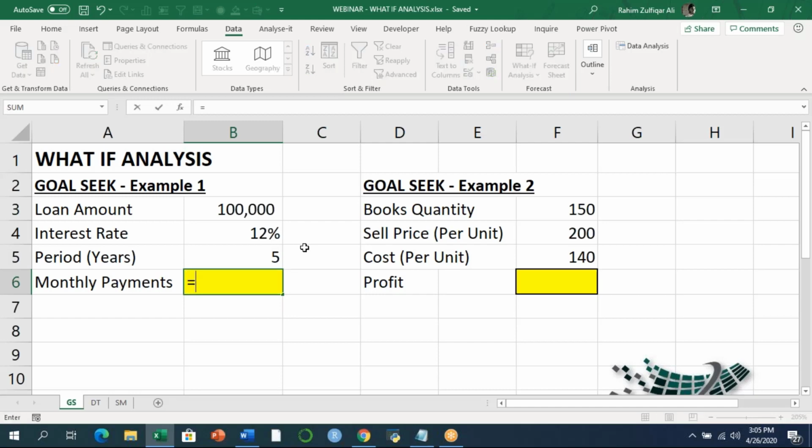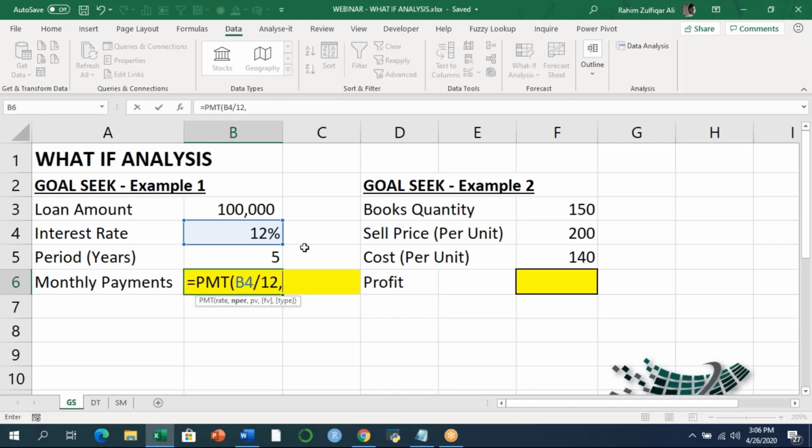For getting the monthly payments with an Excel function, we can use the PMT function, which returns the monthly payments. If you look at the function syntax and the arguments of this function, the rate should be on a monthly basis. The number of periods should be on a monthly basis, because the PMT function derives the monthly payments, not the quarterly or the yearly. So if we have the annual rate or the annual time period, we need to convert it into monthly. For the rate, I have the cell B4. I will divide it by 12 because I need to make sure that this rate is on a monthly basis.